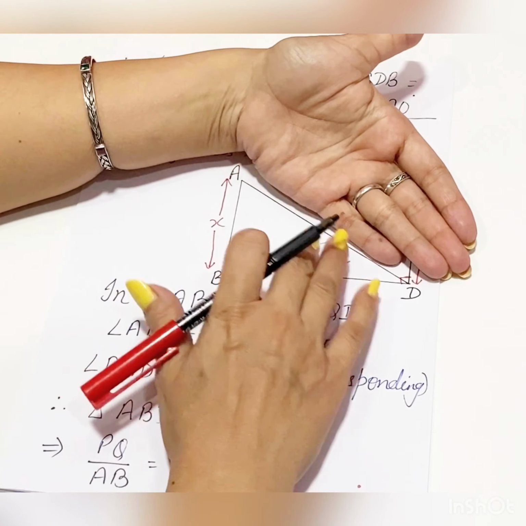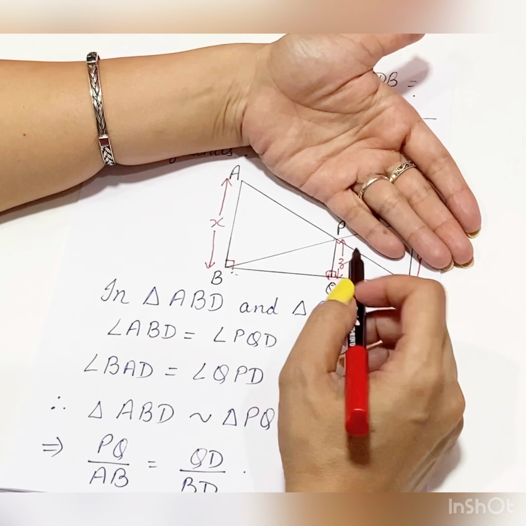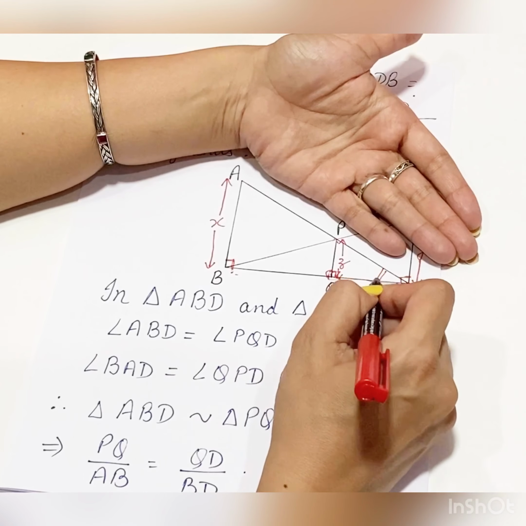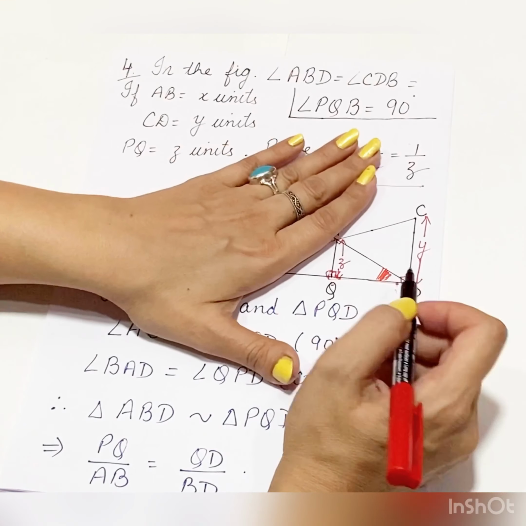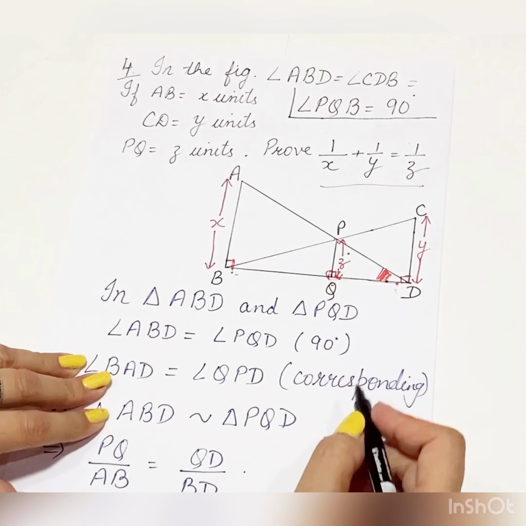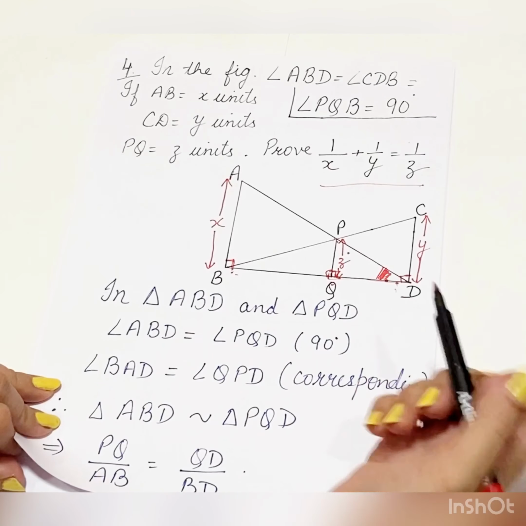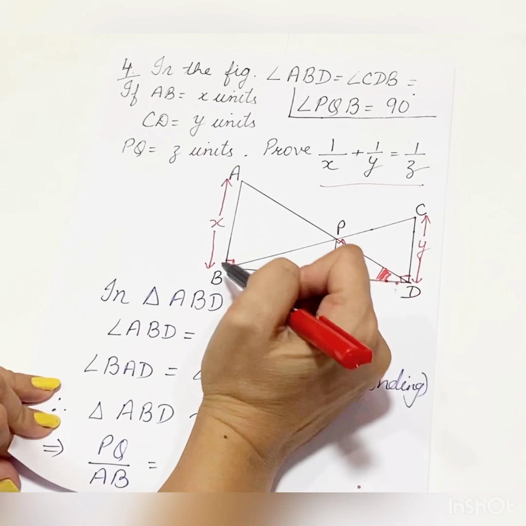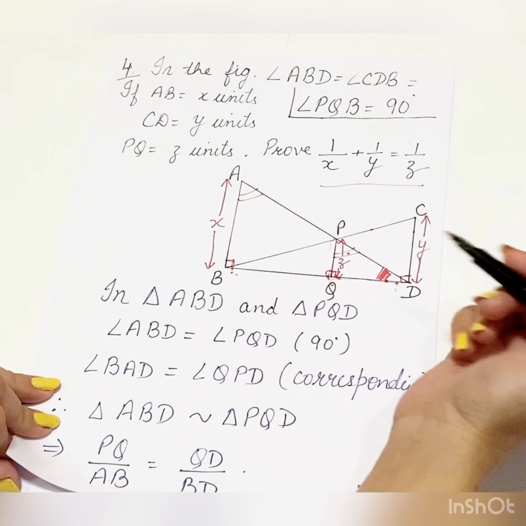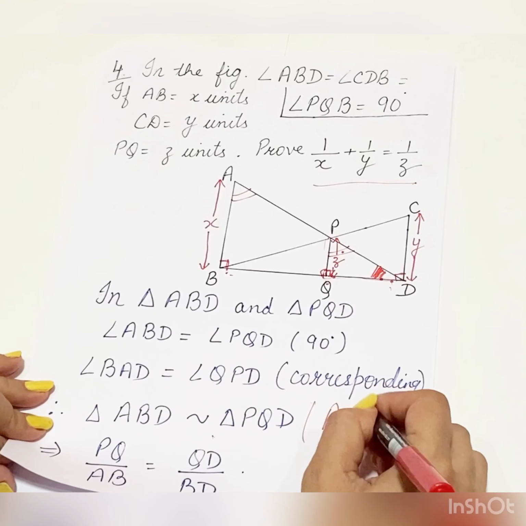First, I am taking triangle ABD, this bigger triangle, and this small triangle PQD. ABD and PQD. In this, these angles are given to be 90-90. And if I take the small triangle, we have this angle. If I take the bigger triangle ABD, in this also we have this angle. So this angle is common. You can take it as common, or otherwise even this angle BAD is equal to this angle. They will be corresponding angles because these are two parallel lines. So any one of the conditions you can take. So triangles are similar to each other by AA criteria.